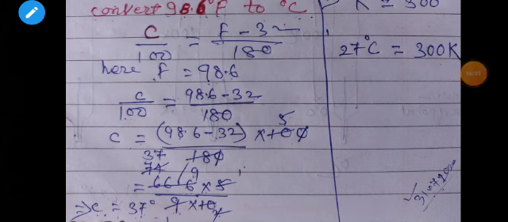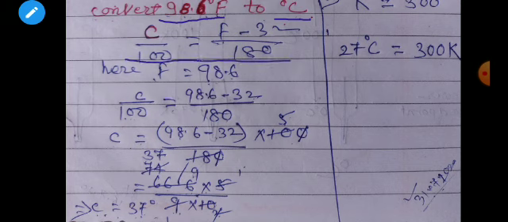Now students, we will discuss our body temperature. You know, our body temperature on the Fahrenheit scale is 98.6 degrees Fahrenheit. So students, if we want to convert this 98.6 degrees Fahrenheit into degrees Celsius, then we'll have to utilize the first and the second term again, that is C by 100 is equal to F minus 32 by 180. Using this equation only, we can convert degrees Fahrenheit into degrees Celsius.